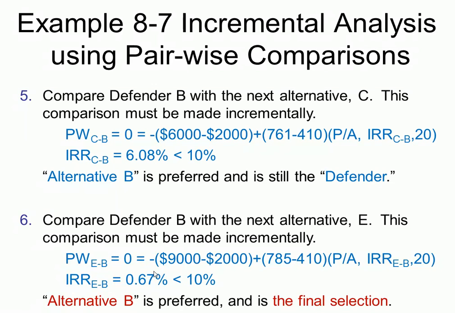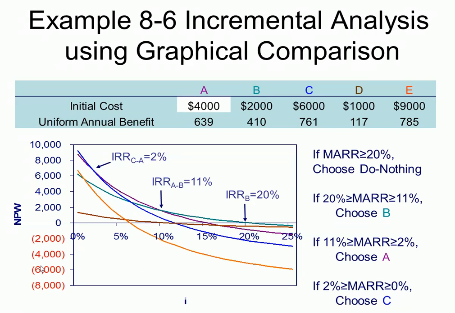So again, remember the minimum attractive rate of return is 10%. And this is the previous slide that shows the graphical comparison for the same alternatives. If we plug the 10% into this rule, the 10% would fall into this bracket